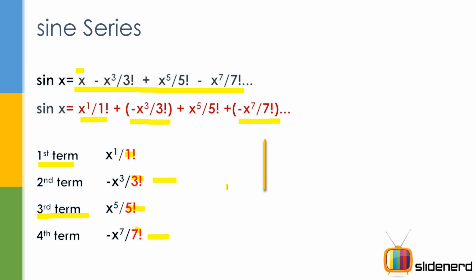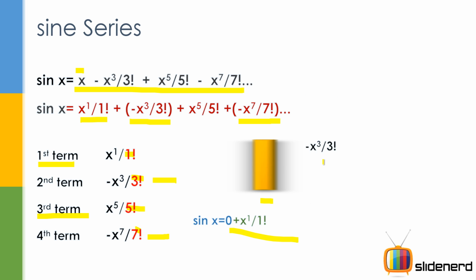So let me go ahead and show you how this thing works. We have an empty box over here which represents the value of sine theta. Initially it is 0. There is nothing inside sine theta. But what happens as soon as we put x raised to 1 upon 1 factorial inside, this thing goes in and sine x becomes 0 plus x raised to 1 upon 1 factorial. Then I put minus x cubed by 3 factorial, I subtract it and it decreases a bit, right? And next time I put x raised to 5 by 5 factorial in this, and it again increases in size this way, right? So in short, we alternate the size of this box to get the value of sine x perfectly. As you can see, in each iteration we're adding and subtracting stuff out there.